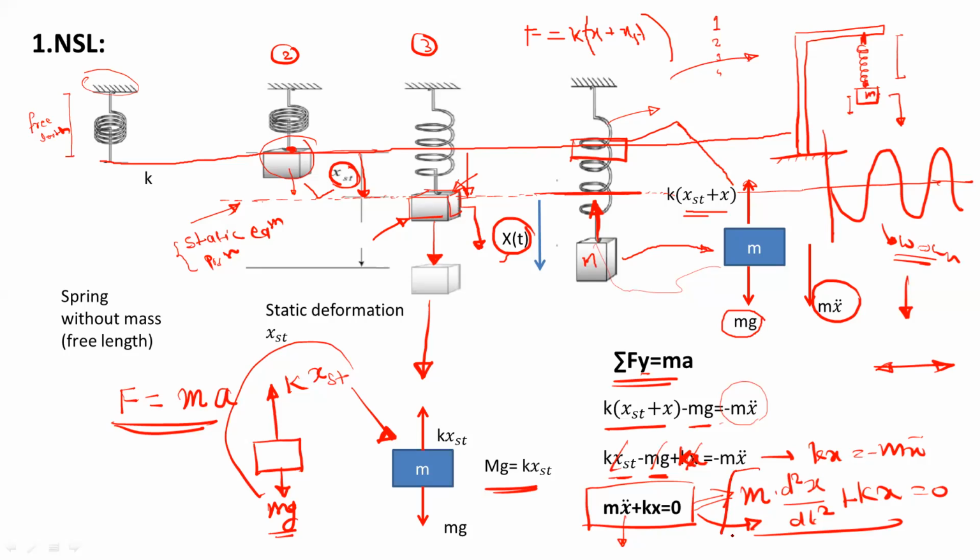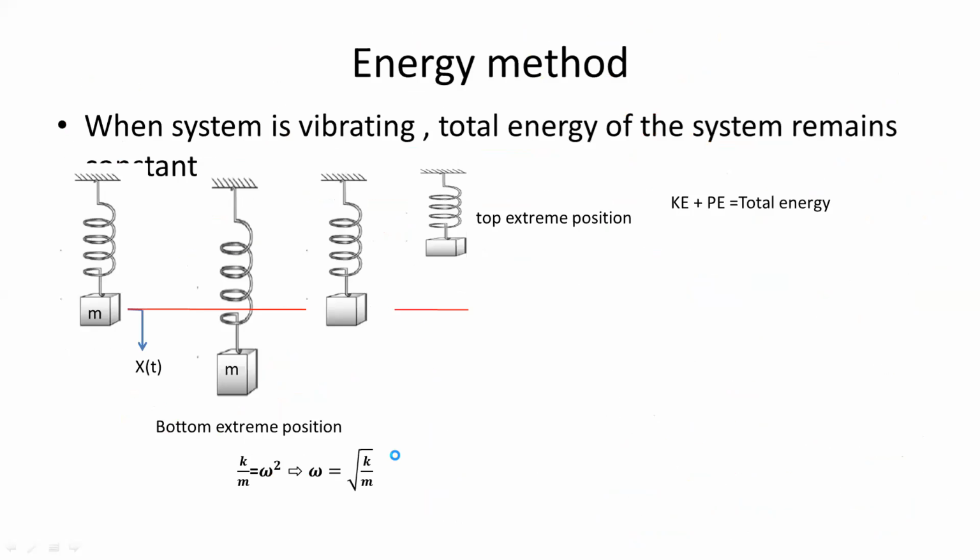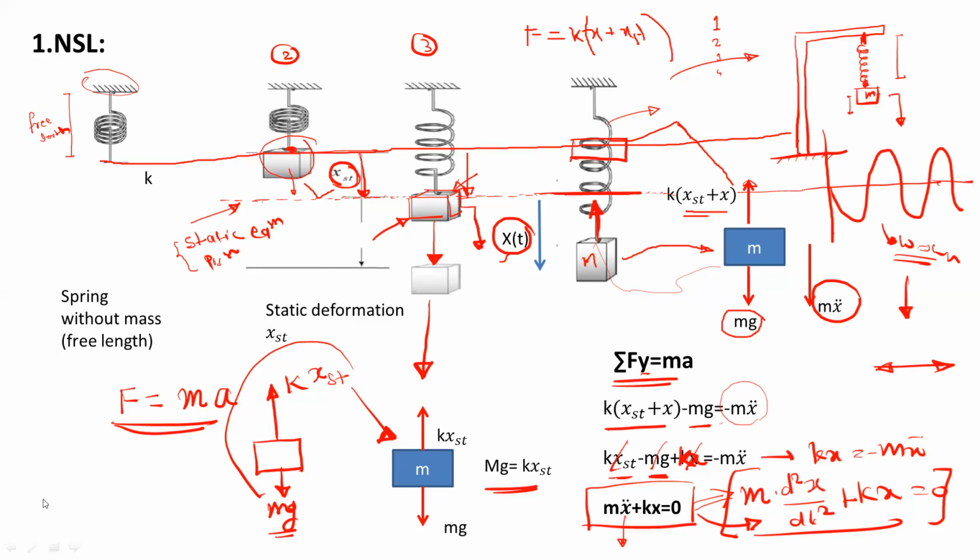So from this mathematical model, you can find out the natural frequency. So how to get the natural frequency? Right now you don't see any term of the natural frequency in this equation. So to get the natural frequency, you have to refer to the equation of simple harmonic motion. So what was the equation for simple harmonic motion? It was x double dot plus omega square x is equal to 0. If any vibrating system has this equation, then this term will give the value of the natural frequency.